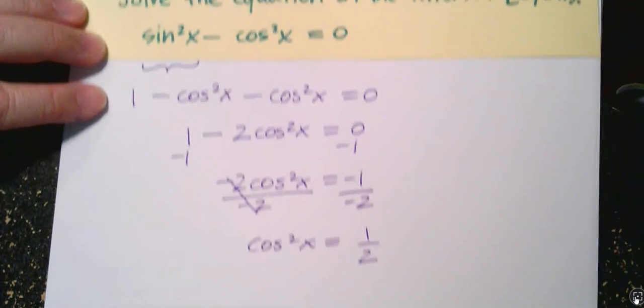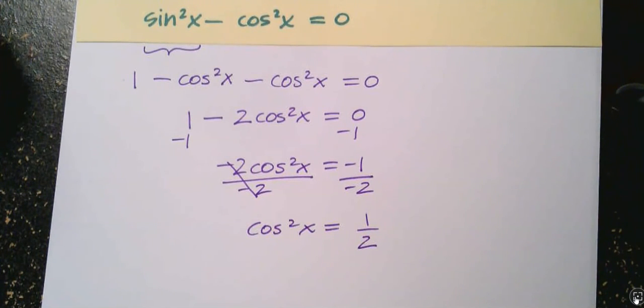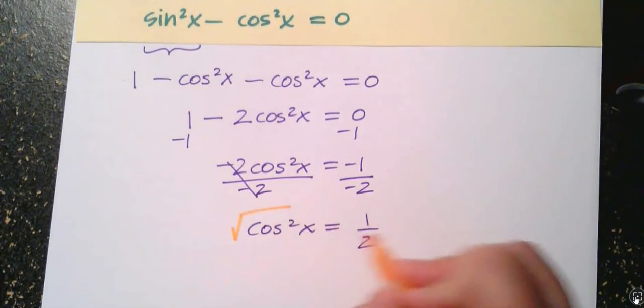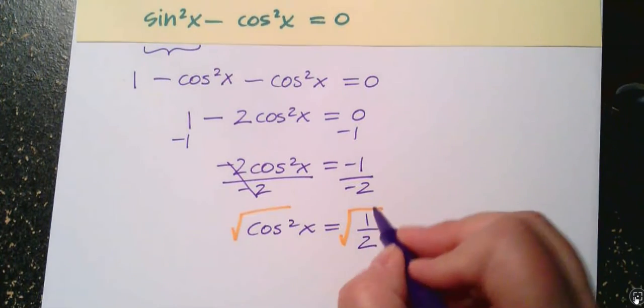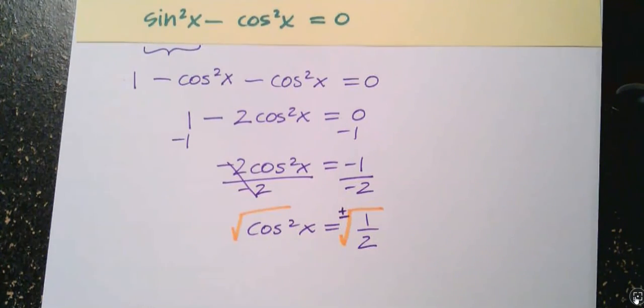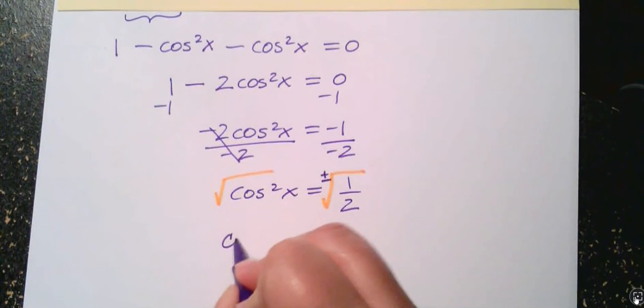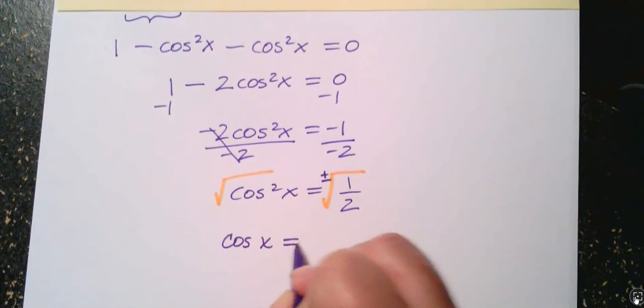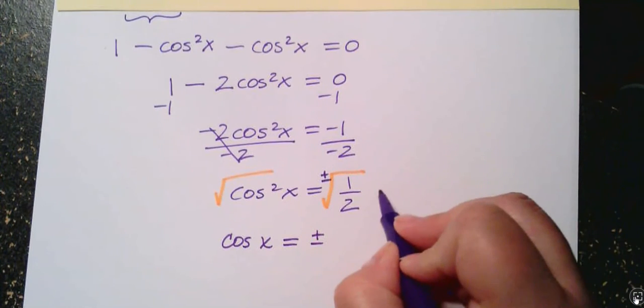And this is what I have. Now, I don't have cosine alone, which is what I want. I have cosine squared alone. So just like any other time, if I have something squared and I want it unsquared, I take the square root. I'm going to take the square root of both sides, which gives me a plus or minus. So don't forget about that. So now I have the cosine on the left equals the positive or negative square root